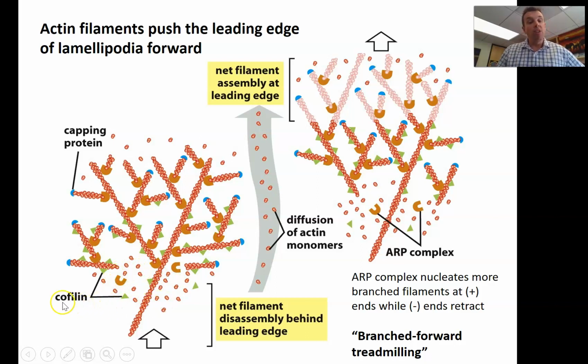So if you remember our cofilin, that is the regulator protein that hyper-twists the filaments and basically destabilizes them. So we are nucleating at the leading edge, putting the plus ends forward, and we are destabilizing the minus ends behind with cofilin, and then that allows the monomers to be available to bind to the plus ends some more. They diffuse this direction and the whole thing's moving forward. So you need ARP2/3 nucleating at the very leading edge and cofilin destabilizing right behind that for that branched